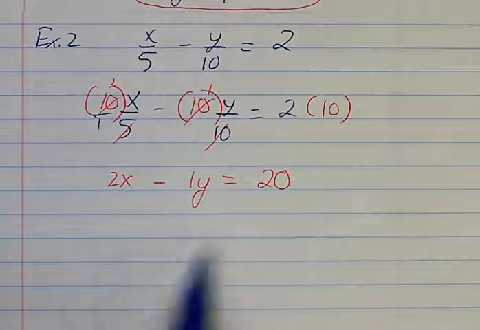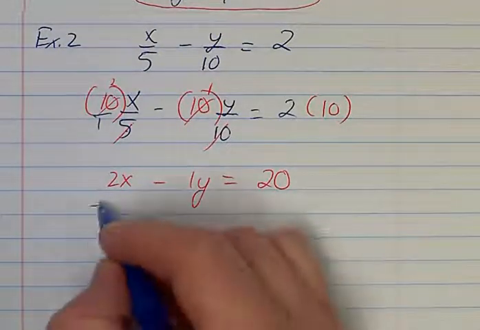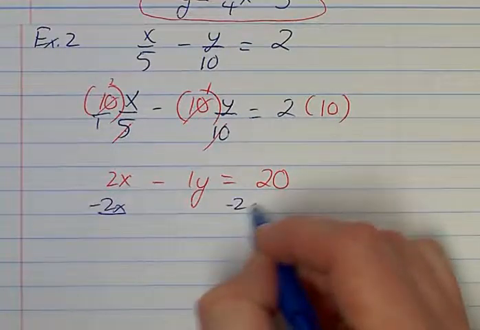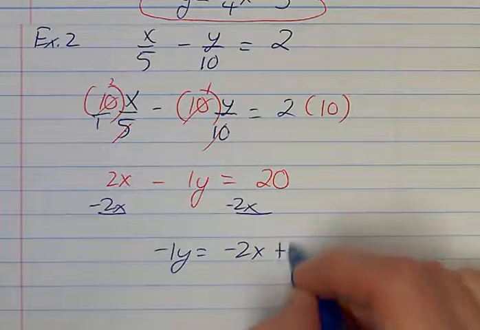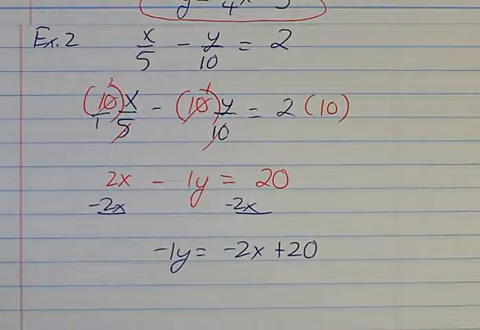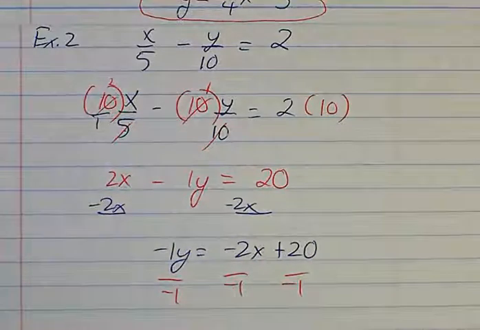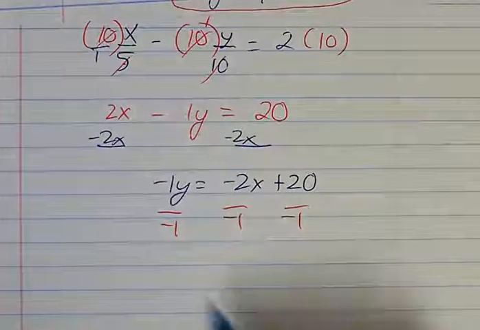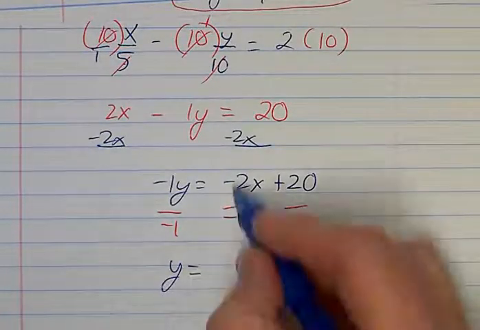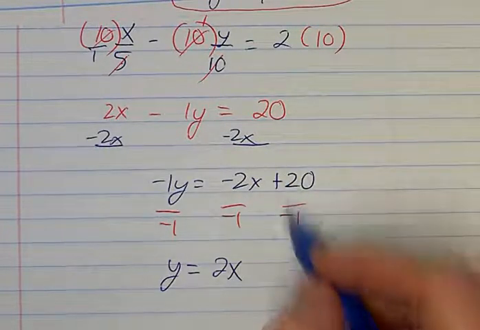Alright, and from here, now we're back to the same thing we did before, because the fractions are gone. Get rid of the x. And it's negative 1 with the y, so then go back and divide everything by negative 1. So that's y equals, those two negatives make that a positive. Positive and negative there makes that a